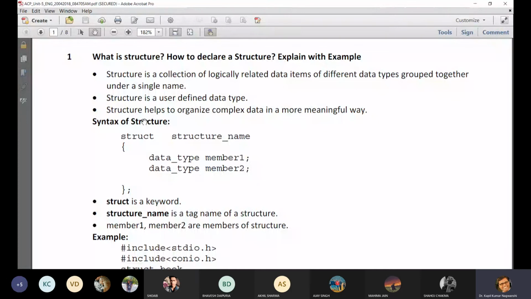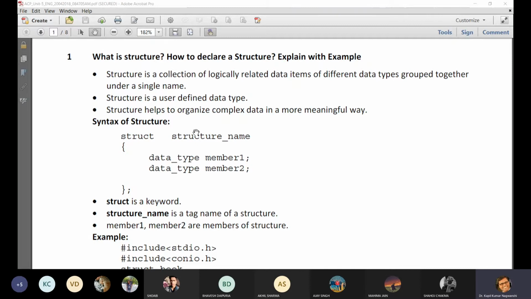Okay, so today we are discussing what a structure is and how to declare a structure. Structure is a collection of logically related data items of different data types. In an array, we have only a single data type, either an array of integer or array of character or float. In this case, structure is a collection of, like, date of birth. Date of birth includes DD, MM, YY. Month may be character or month may be integer value. So for this purpose, we use struct as a keyword.